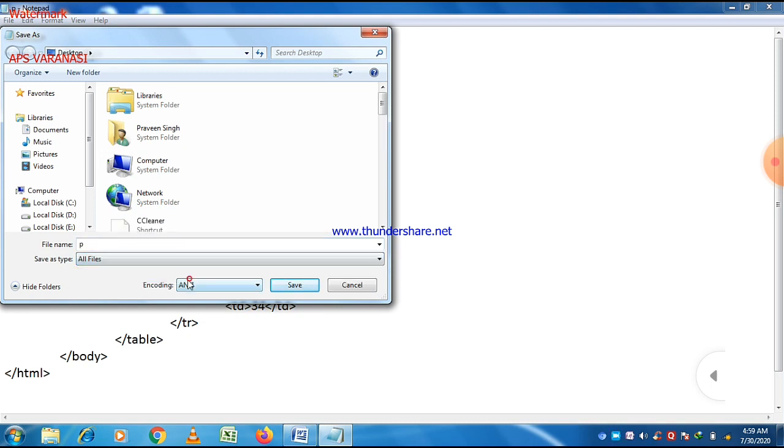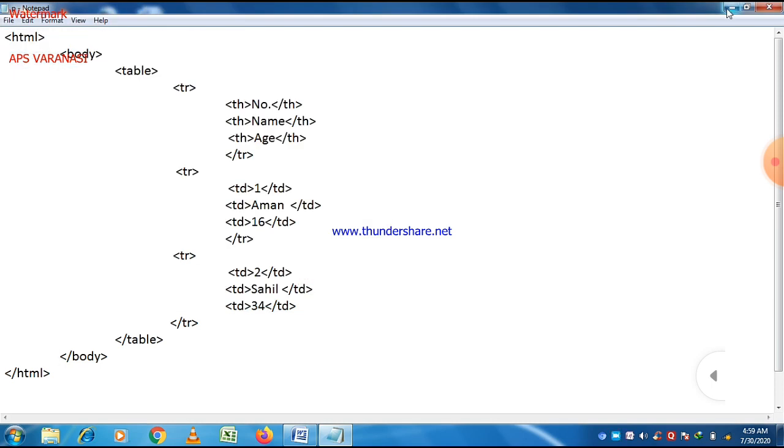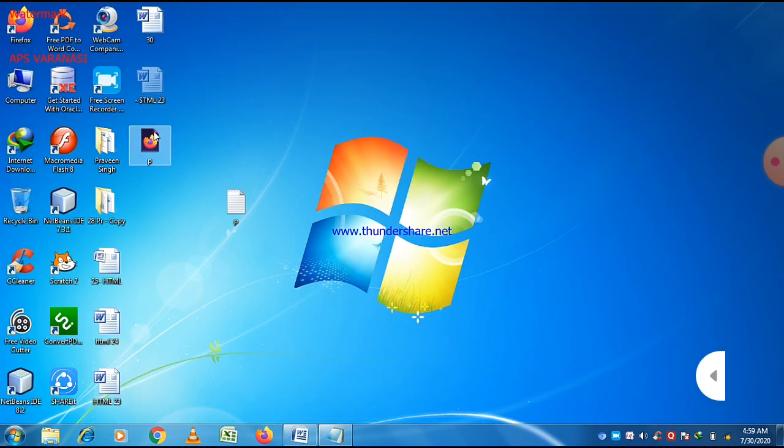Here I give the same name, and you can see that the name of the file is the same, but write the extension .html, and now it is an HTML file also. So there are two files present on the desktop, one a text file and one an HTML file, and you can easily see that P is the name of that file.